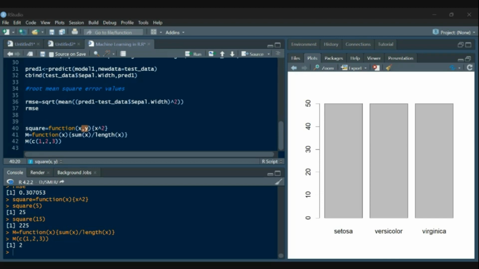Okay, fine. So this is the basic idea of the function.